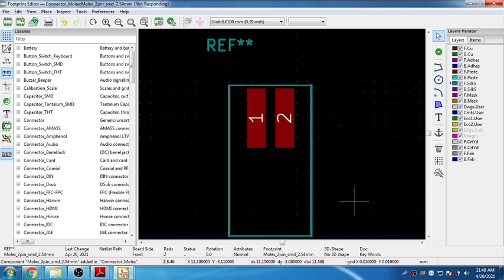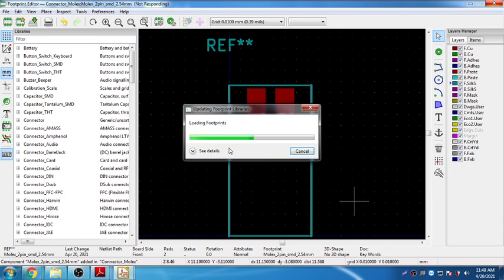So now I have saved this component in the Molex library. Now I can use it whenever I need. So this is how we can create the footprint for a new component.